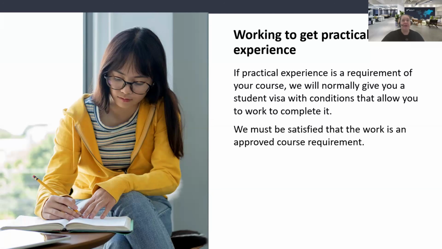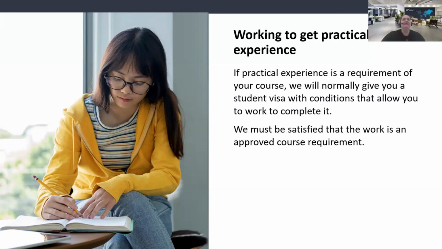So if practical experience is a compulsory part of your program of study, Immigration New Zealand will normally grant a student visa with conditions that allow you to undertake that work. Before these work rights are granted, Immigration New Zealand must be satisfied that the practical experience is an approved and required component of your course, rather than just an optional employment option.